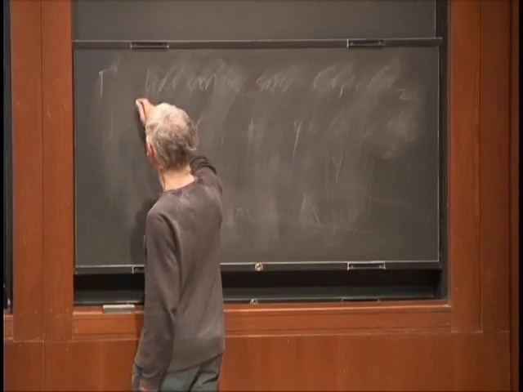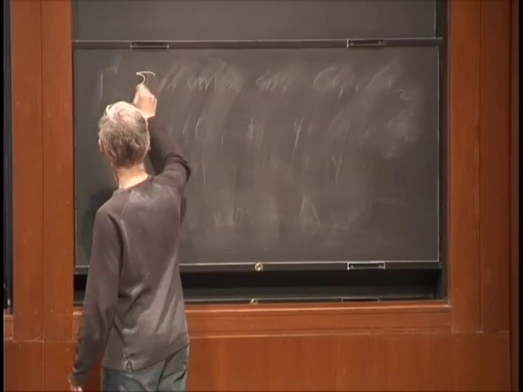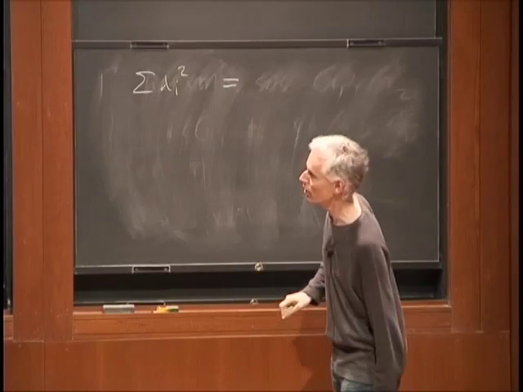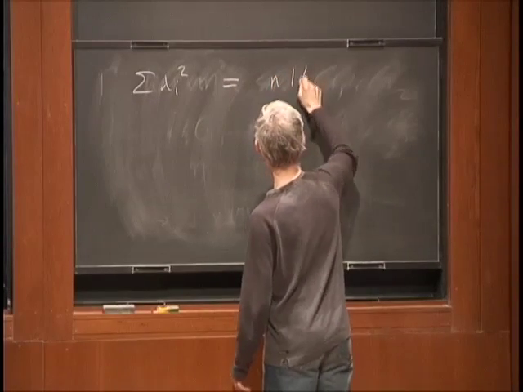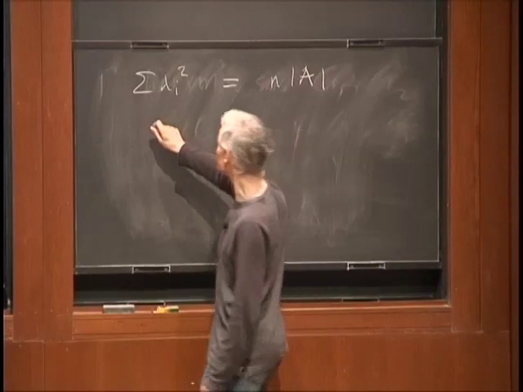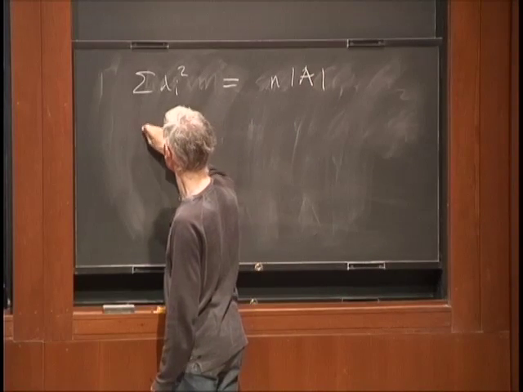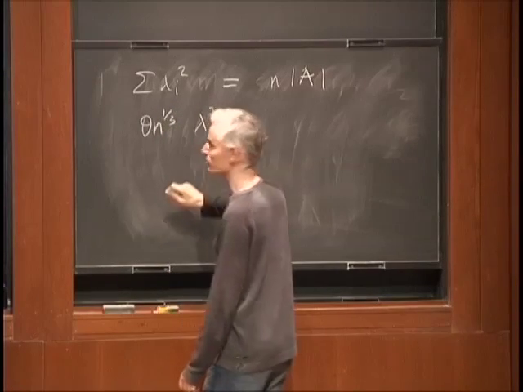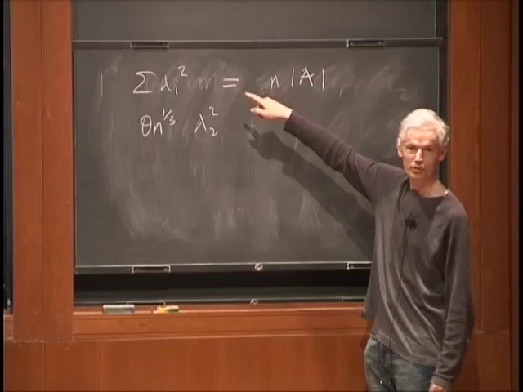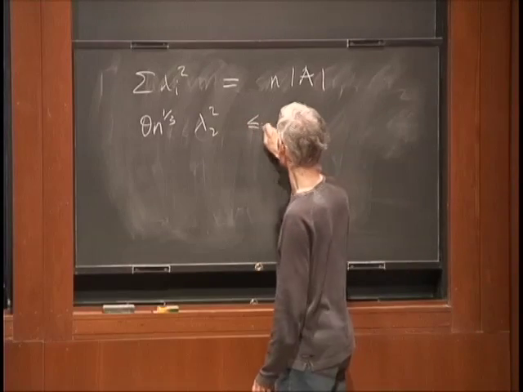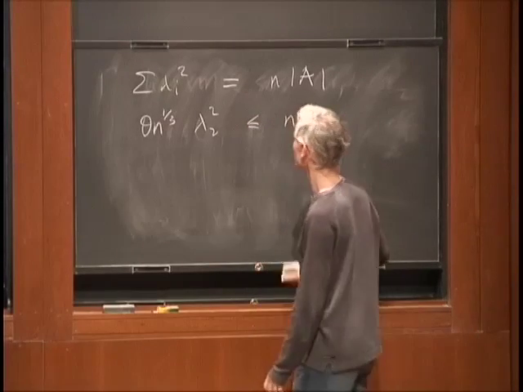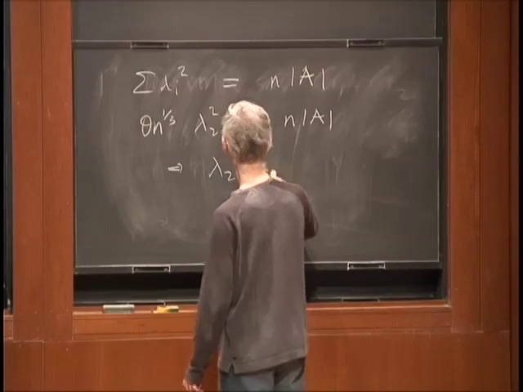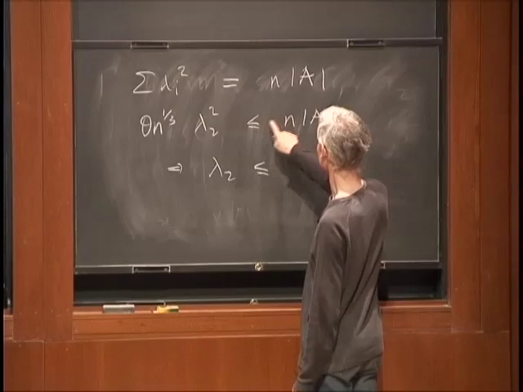So, we know that the sum of lambda_i squared equals n times the size of A. But we also know that it's at least as big as theta n cube root of n times lambda 2 squared, because lambda 2 squared occurs with multiplicity theta n cubed. So that's less than or equal to n times the size of A. So that gives us that lambda 2 is less than or equal to, that's n to the 2